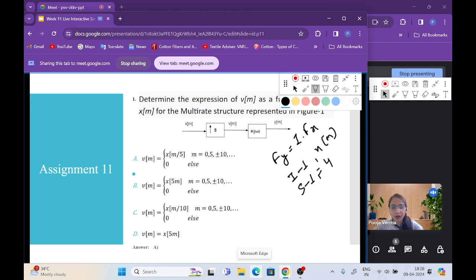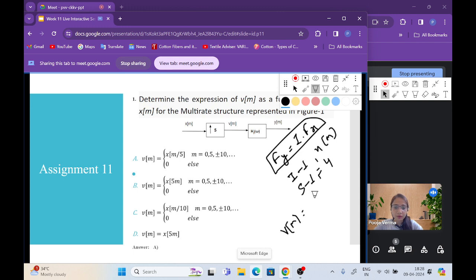So what will be the output sequence? In order to find out the output sequence, in terms of sampling frequency, if we want expansion in the time scale, then what we have to do? We have to add 4 zeros between the sequence samples. That means we are expanding the time scale